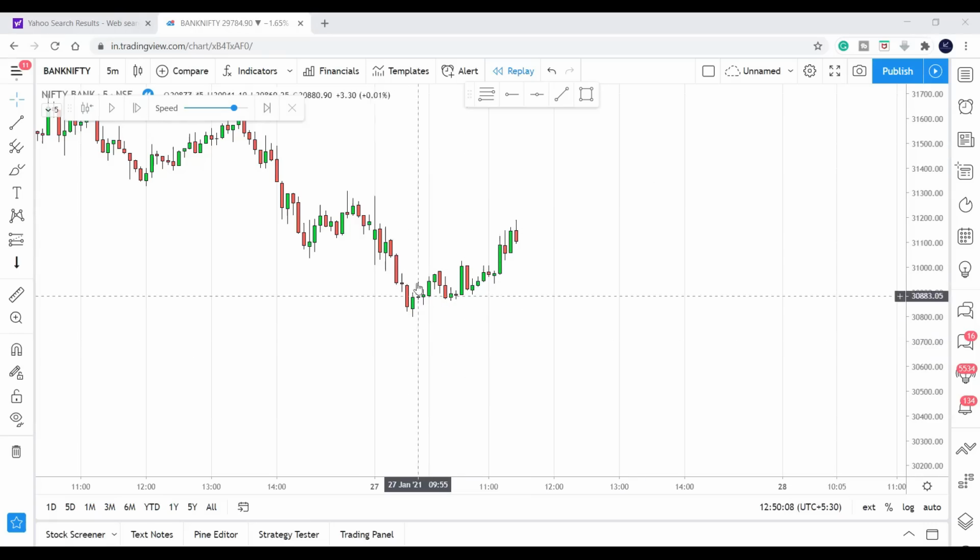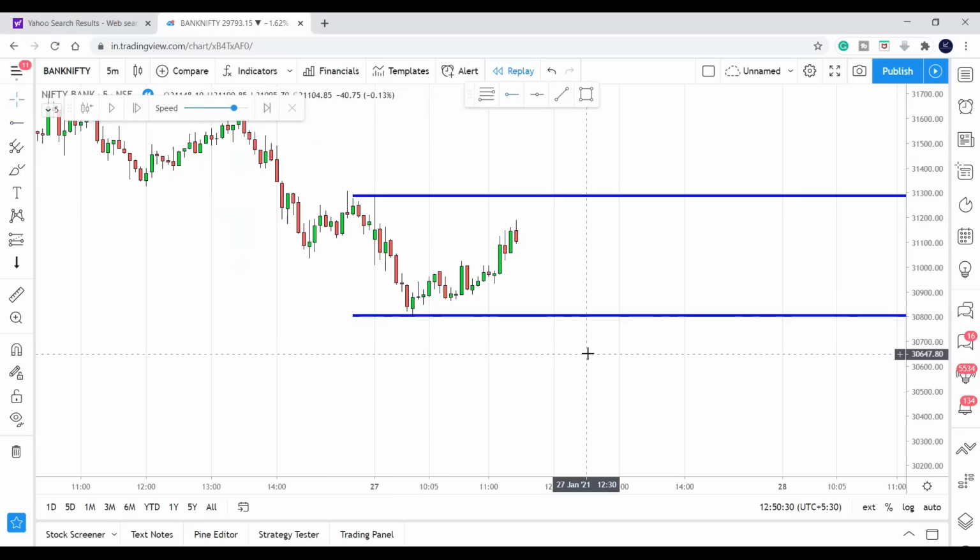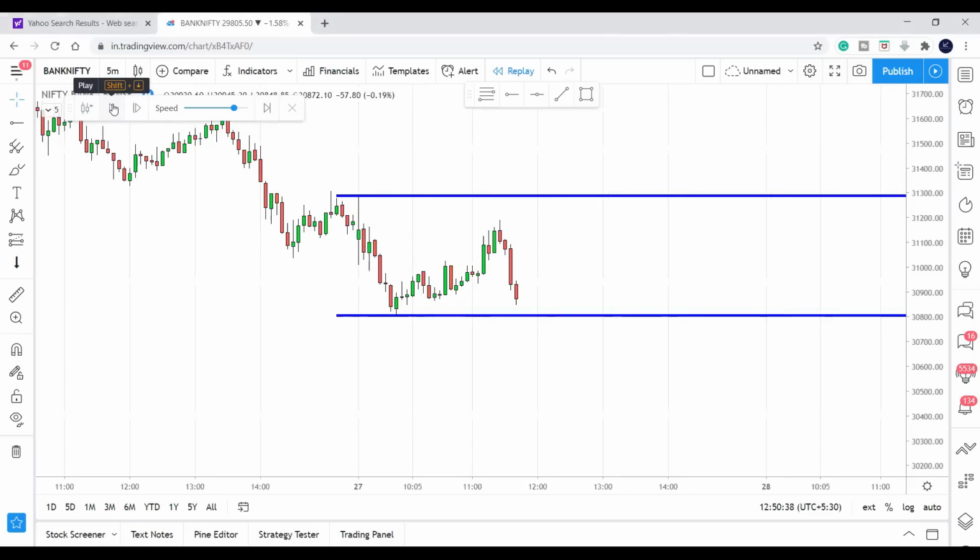So what we will do, we will draw a line there, so that it is easier to know the support and resistance. So I marked the support and resistance on my chart, and let us play the candlestick and see what happened. Whether support got broken or resistance got broken, you can see that it is coming down near the support. It did not go till the resistance. It reversed before even touching the resistance, and now it is coming down, right? Now let us see whether this support is broken or it bounces.